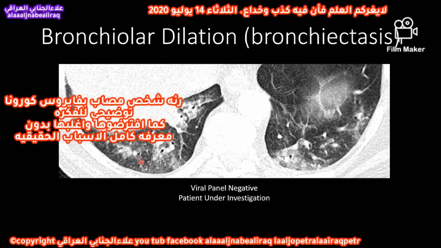Another finding that's being reported is bronchiolar dilation in the region of pulmonary abnormality. So we have these areas of ground glass opacity that are peripheral and starting to have superimposed consolidation, and notice the bronchi within these regions